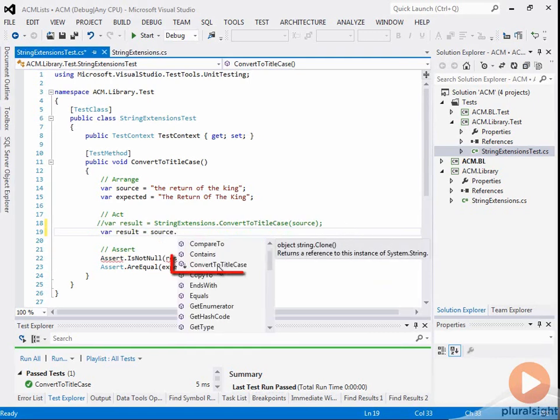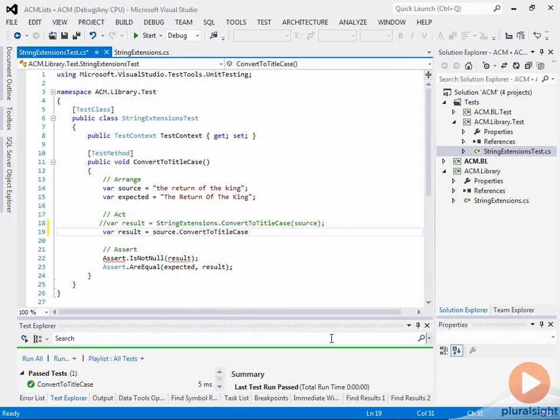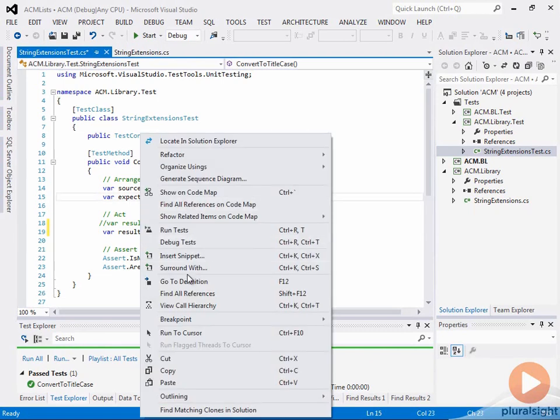IntelliSense is displayed, and our method appears on the list. You can tell an extension method from a normal method by the down arrow used in the icon. Now the method is much more discoverable. It's right here on the list of methods available for the string. So I can just pick that, rerun our unit test,